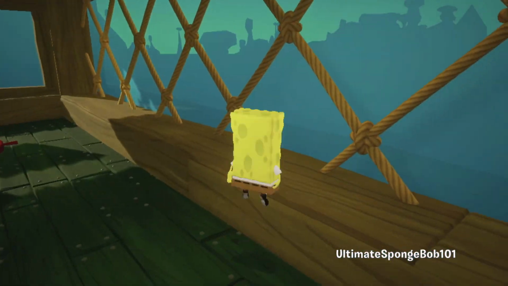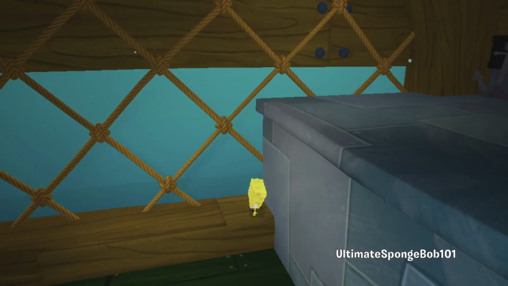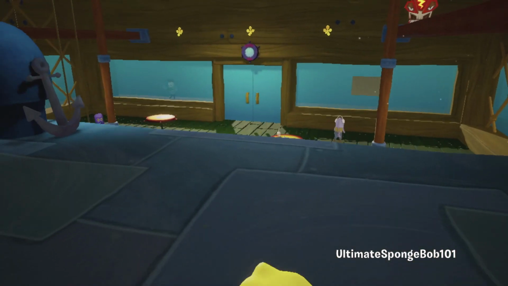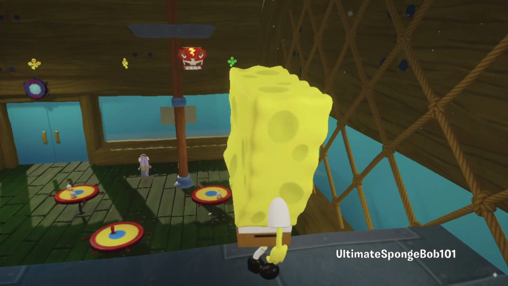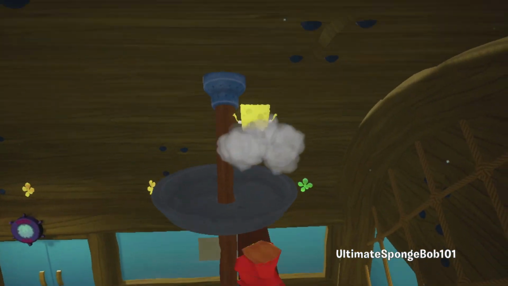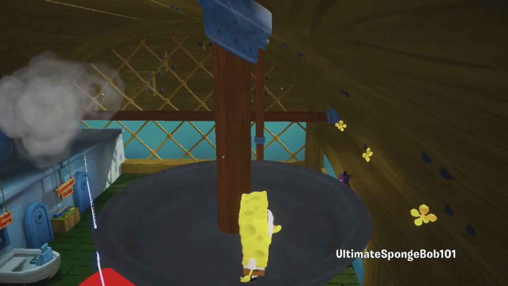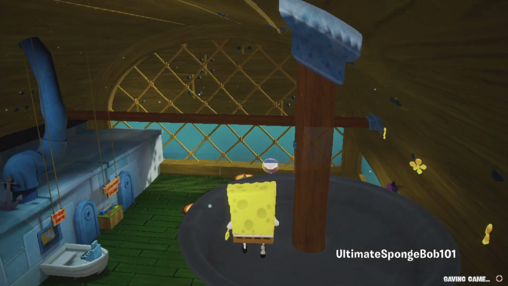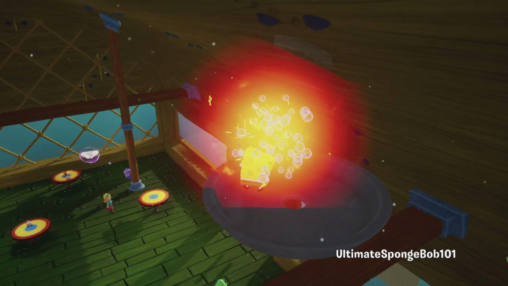Or, I mean, it's probably going to appear as you destroy everything in the Krusty Krab that can be destroyed. Okay. And then right here it should appear. There we go. So, yeah, we got it. Just right there. And I think, did we just die? Or not? Okay, we didn't die, but we do have